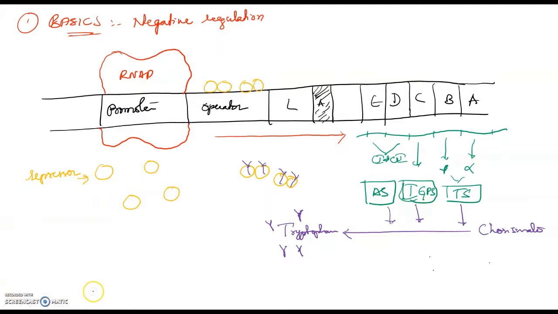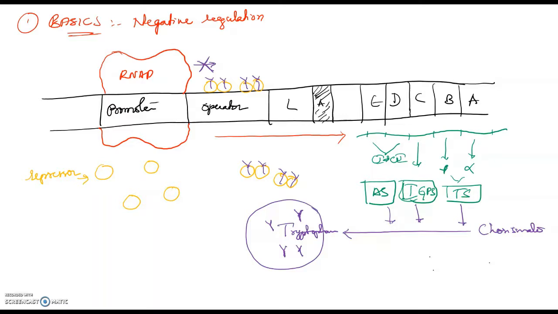What happens if they sit on the operator region? The RNA polymerase cannot move further. It stops further transcription. So presence of tryptophan in the medium will stop further transcription. That is, if the cell has enough tryptophan, it will say, "Bhai, enough, abhi nahi chahiye tryptophan, so stop your transcription." So how is it stopping? It is binding with the repressor molecule. It will sit on the operator. When it sits on the operator, the next RNA polymerase cannot go further. So transcription will halt because of this.